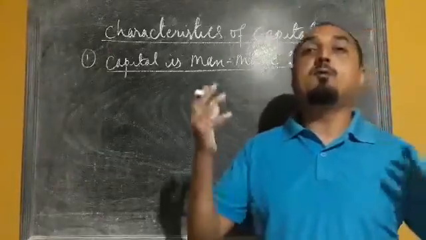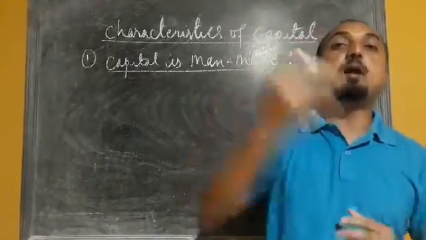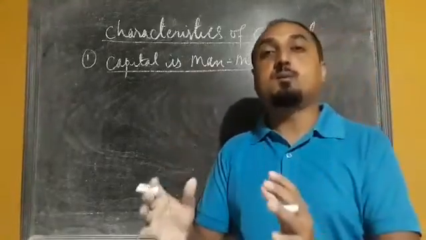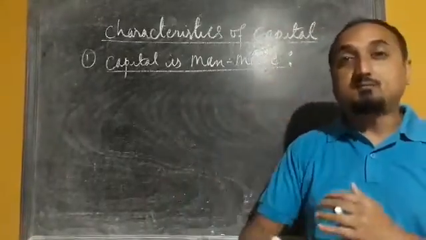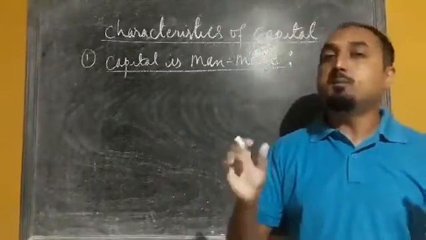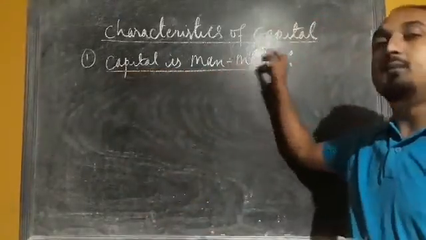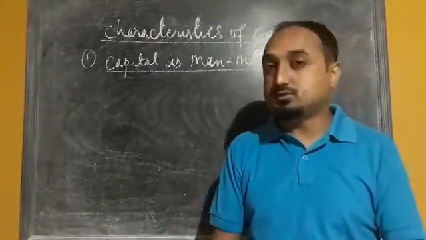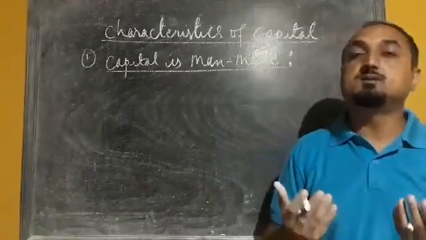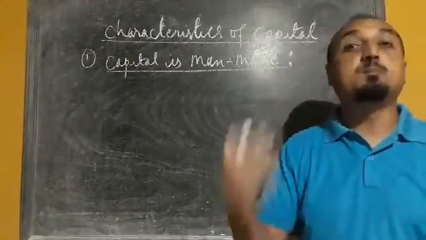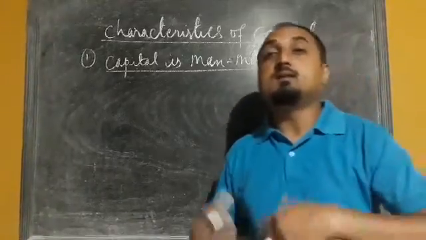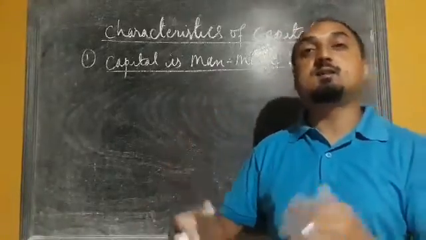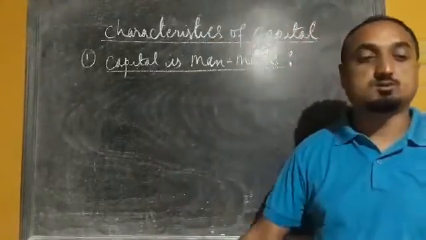They are all made up of iron. When laborers are applied on that iron, or when the laborers are using that iron to give a different shape to the machinery, after that the machinery can be used for different productive purposes. That's why it is called capital is man-made. It is made by man because of the application of labor on different natural resources. Iron can be considered a part of those resources. Different types of minerals are there on which labor is applied, then the machinery items or the capital is generated, and once it is generated, it can be used in the further production process. So that was the first point.